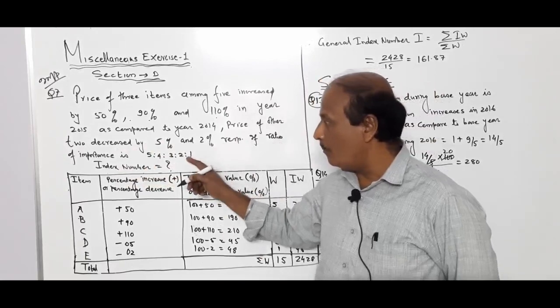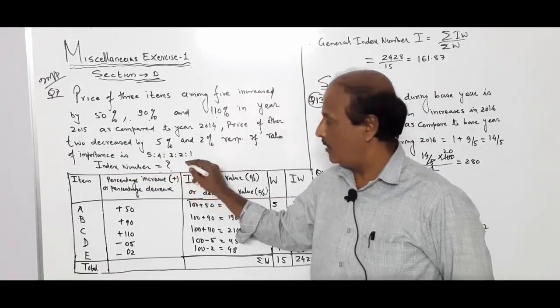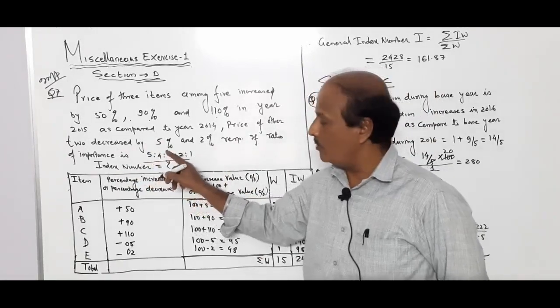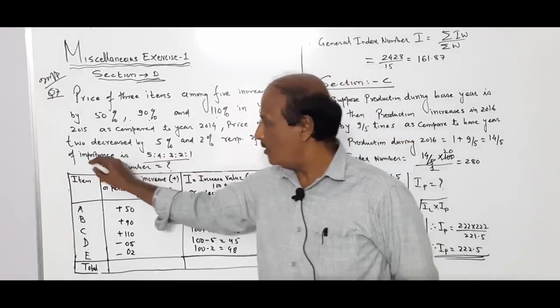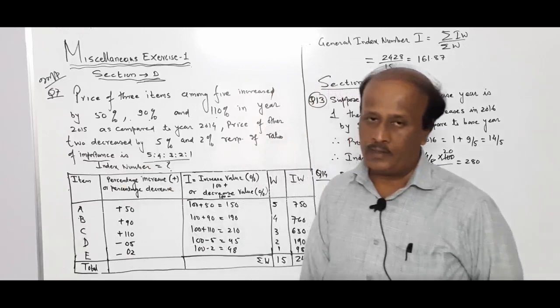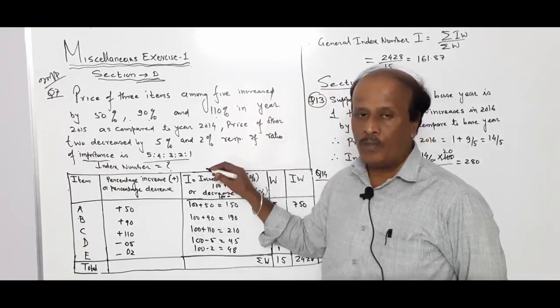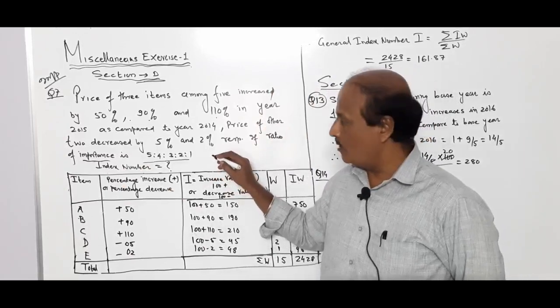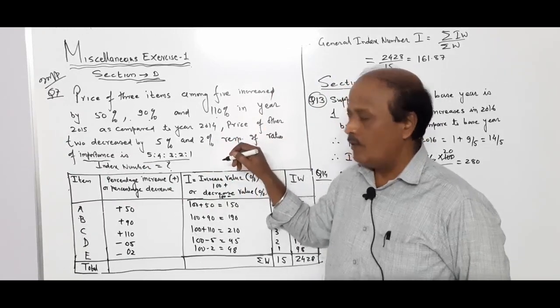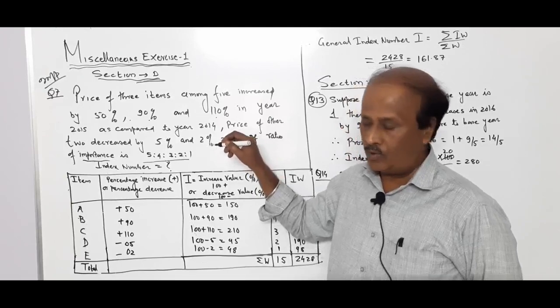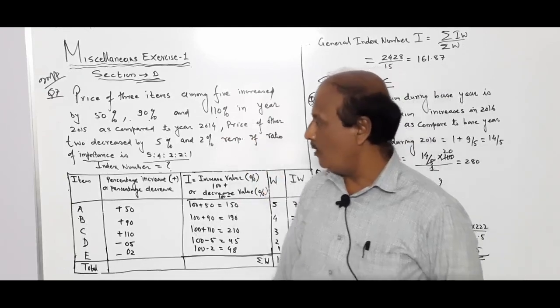If the ratio of importance means weightage, is given as 5:4:3:2:1, as soon as you go through this word, immediately you will realize that we are going to use the formula for a weightage. This question was asked many times in a board exam, an ideal question for 3 marks, and there are some examples also. Practice it. Now how to solve?